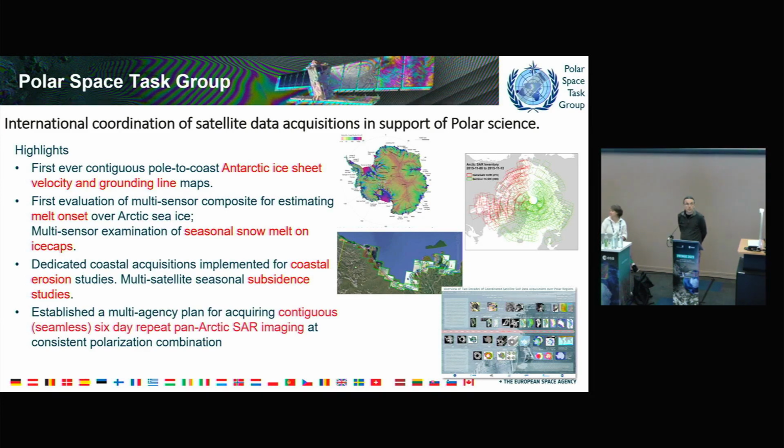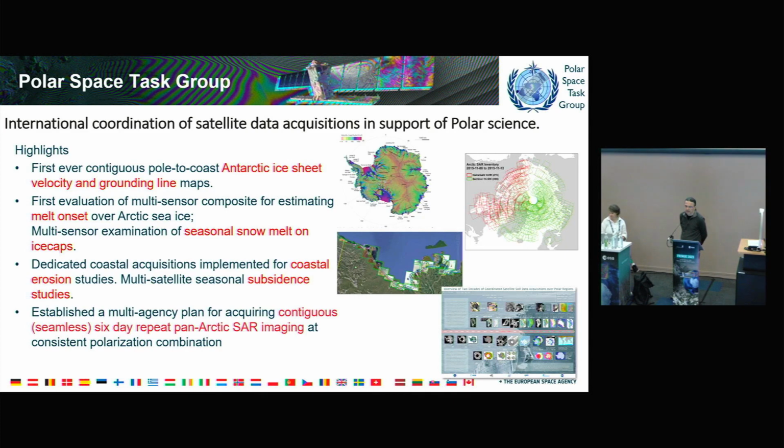invited scientists to do some science coordination, write requirements documents, and identify observation gaps that are persisting with current observation plans, and then hopefully look into who can contribute with what mission to fill those gaps. And this was a time before Sentinel-1, so it was a different period where acquisitions were still made in campaign mode. But some of the huge successes of PSTG were the first continuous pole-to-coast Antarctic velocity map,